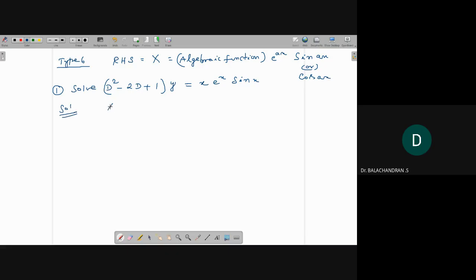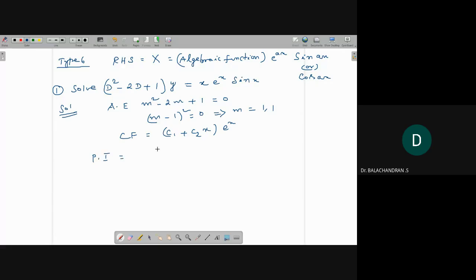The auxiliary equation is m square minus 2m plus 1 equal to 0, or (m minus 1) whole square equal to 0. So this implies m equal to 1, 1. The complementary function is equal to (c1 plus c2 x) into e power x. Okay, now